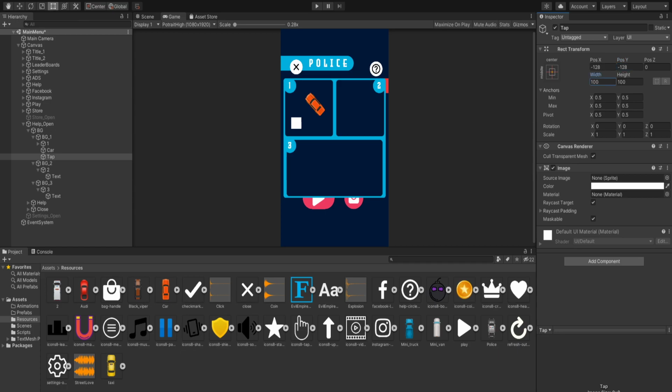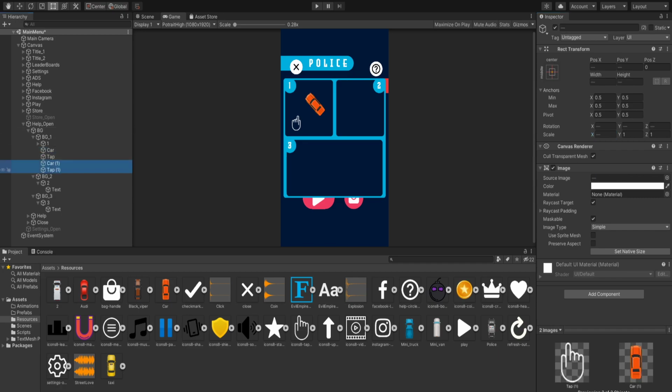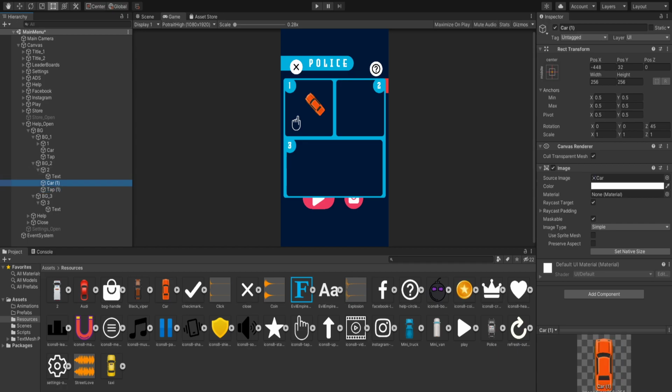And let's increase the size to 128 by 128. And for the image, there should be a tap image, and scale, it's already showing better. Do we need to change the scale? Yep, let's change its scale. Now, if we duplicate both this and position to a BG2,